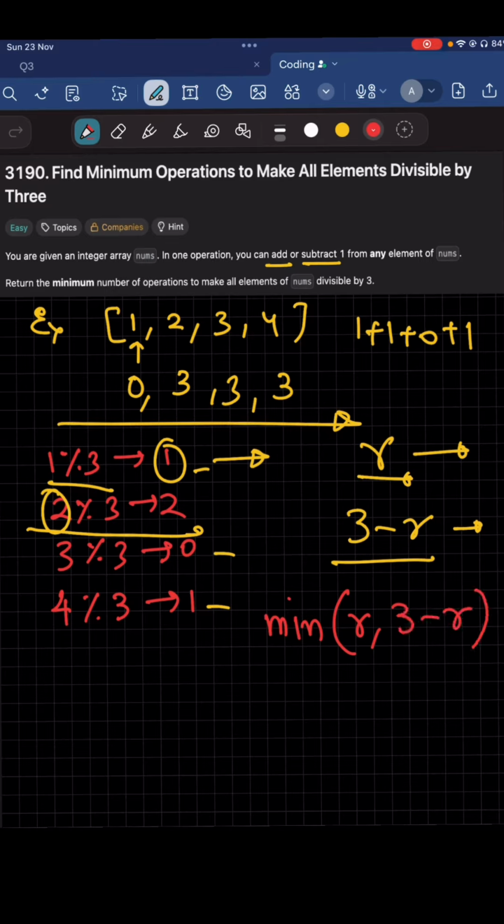So we can just iterate over all the numbers for nums for